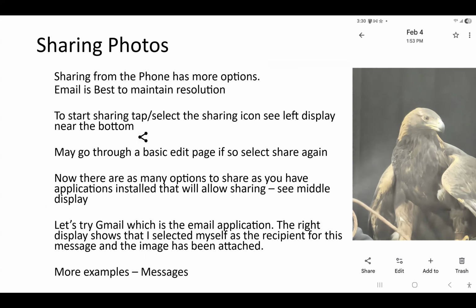Email is the best option if you want to get a high resolution photo sent to somebody else. A lot of text apps and stuff like that could take the resolution of your photo and compress it down to make it more transferable, less data, whatnot. Typical photos on your Android phone are going to take anywhere from 2 to 4 megabytes of space. So that's a pretty big file to be sent through